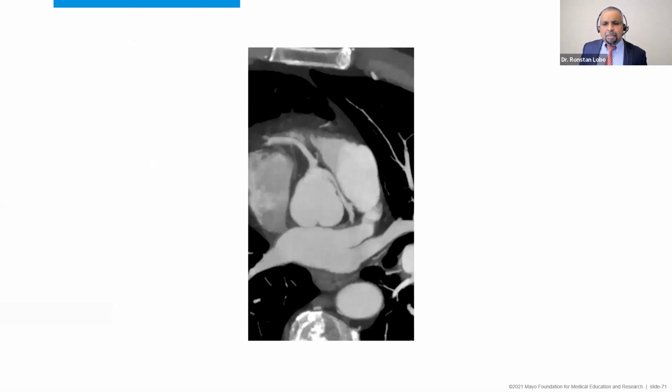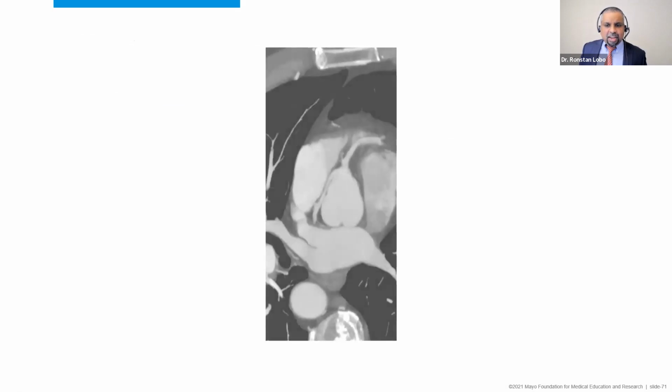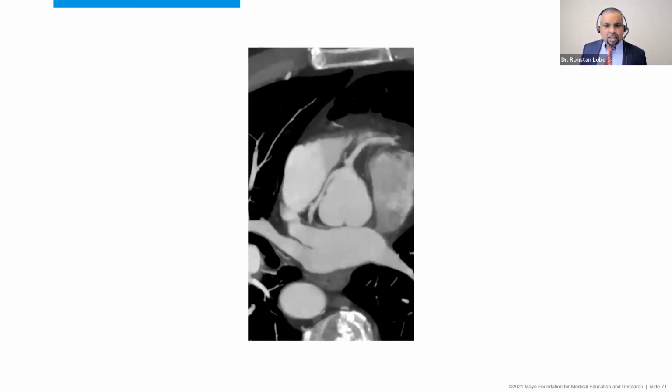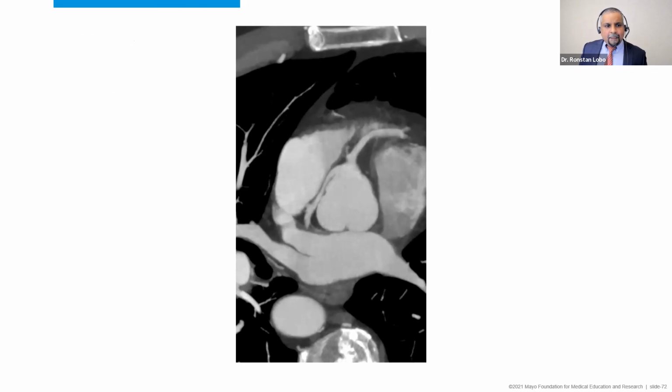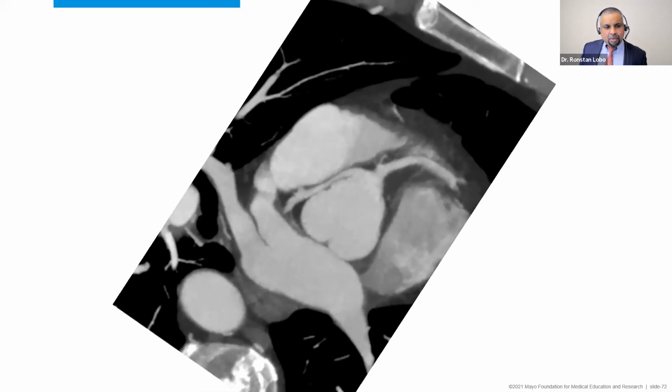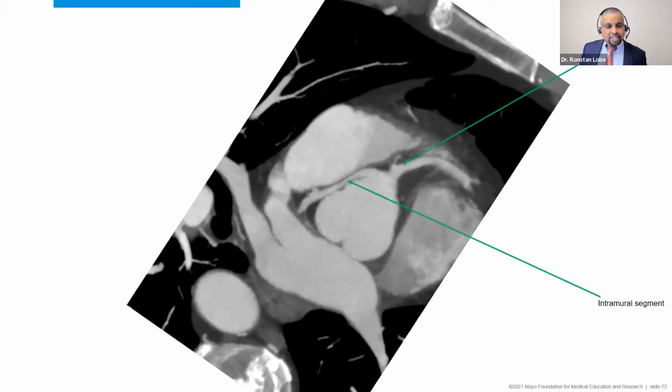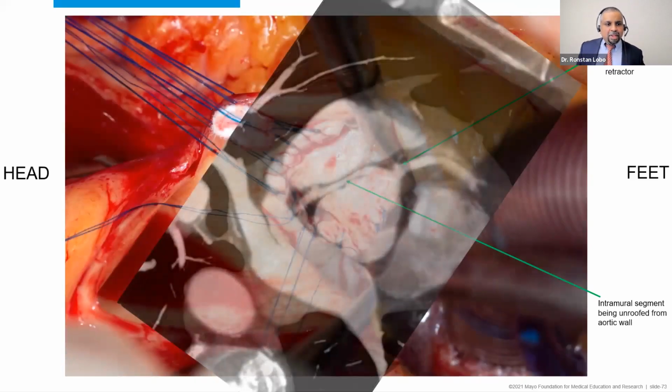I'm going to show you the images again. First, I'm going to try and orientate you. So I'm going to flip this image again. Now you're seeing the surgeon's perspective. And now I'm going to put it in the right orientation for the surgery. You can see this is now the RCA ostium on the right side of your screen and that intramural segment over here. Now if I superimpose the image, and now I'm going to remove the CT image here,